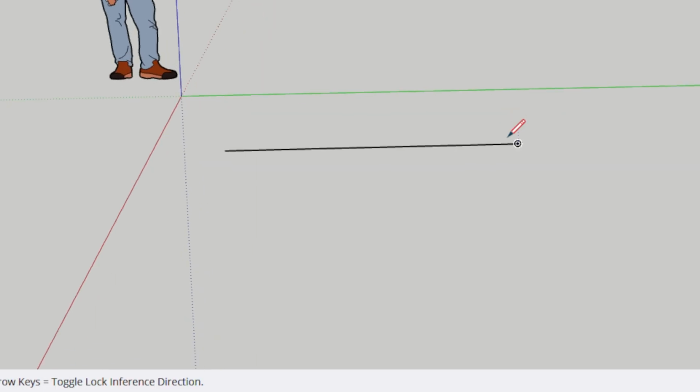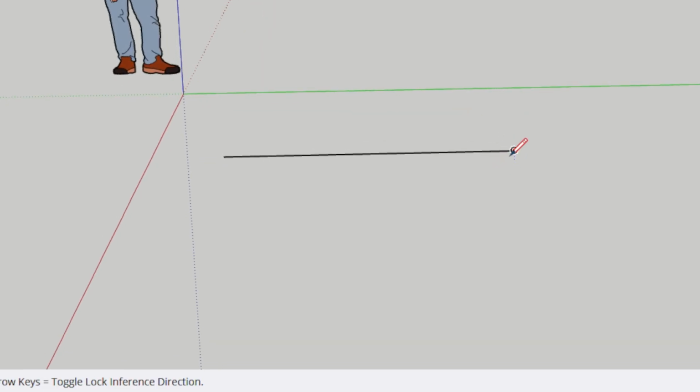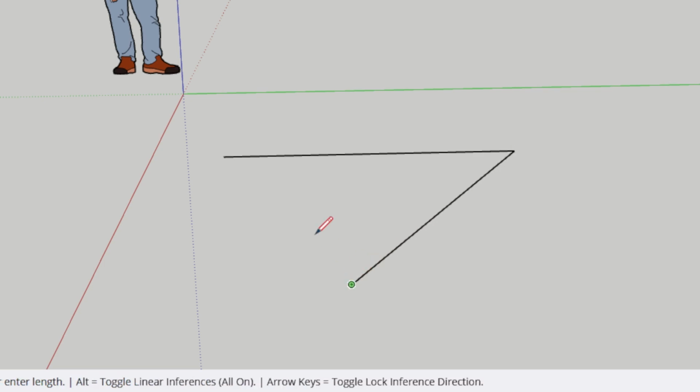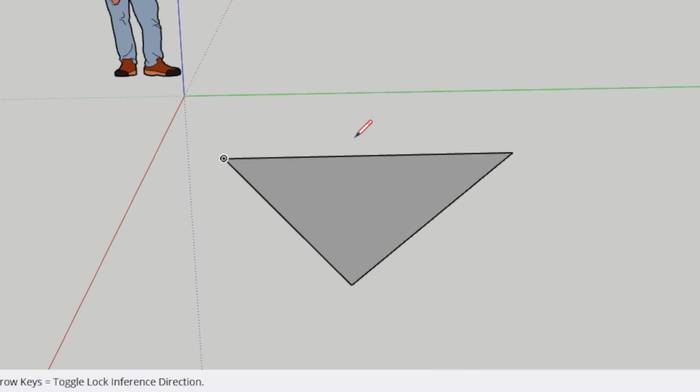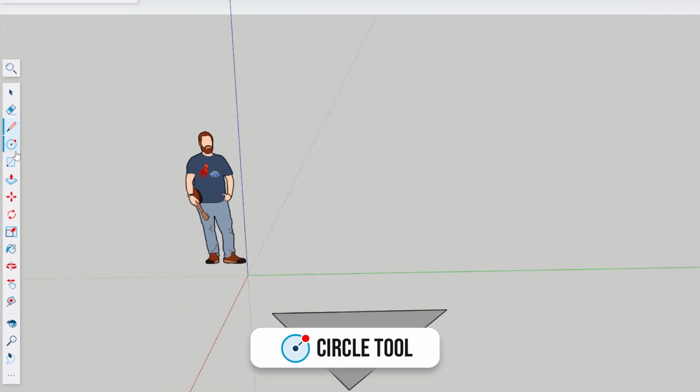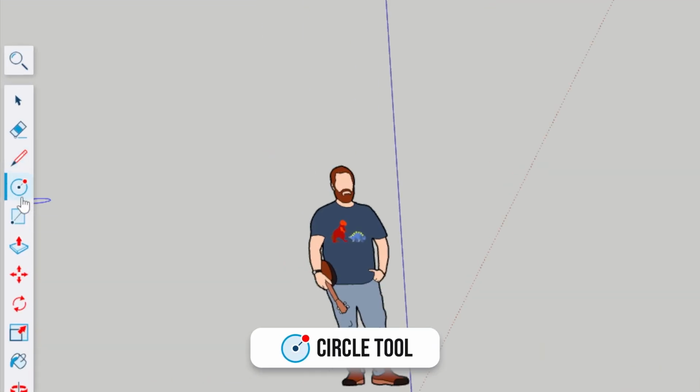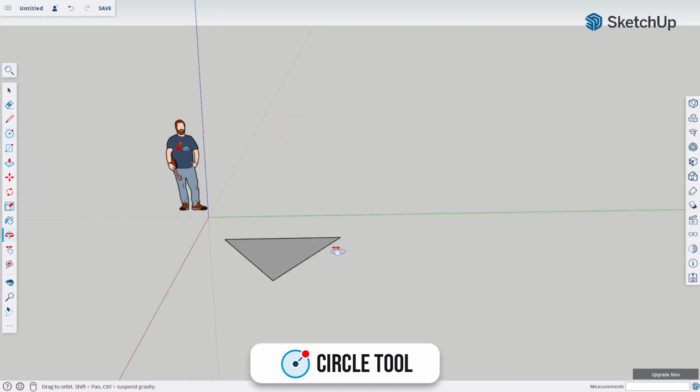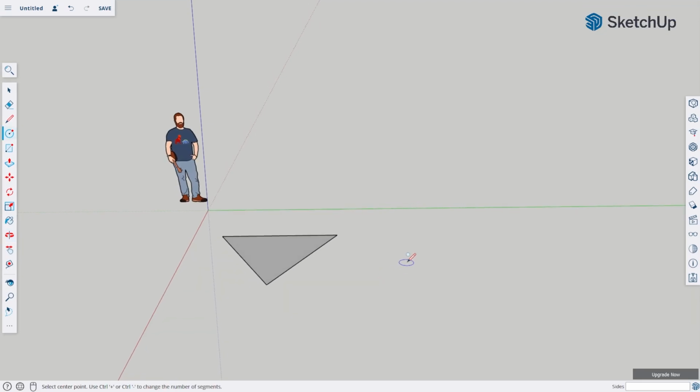And then just press Escape on your keyboard if you want to stop drawing any more lines. Or you can continue the lines you created to complete a shape. Another tool is the Circle tool, which allows you to draw circles with a specified radius. You can create a circle by clicking once anywhere and just drag the mouse outward to increase the size. When you're satisfied with the size of the circle, just click again to close the shape.